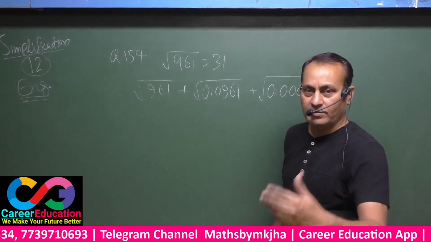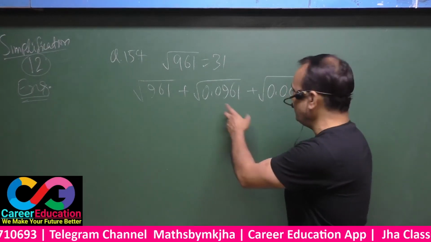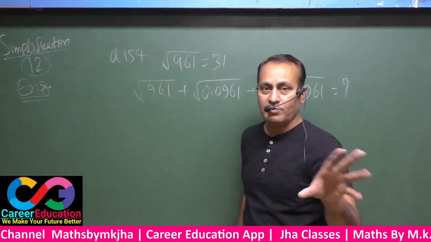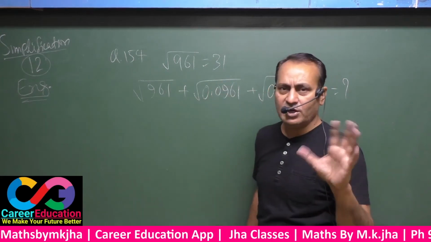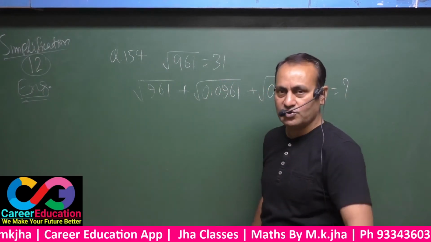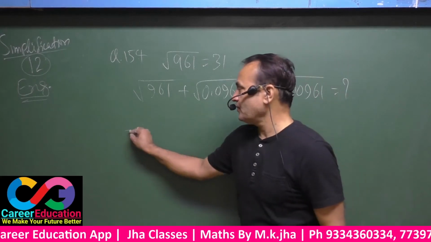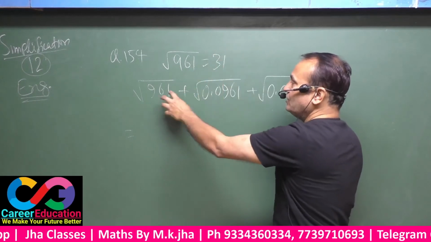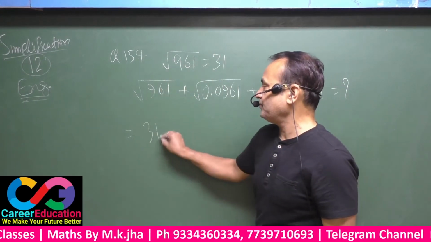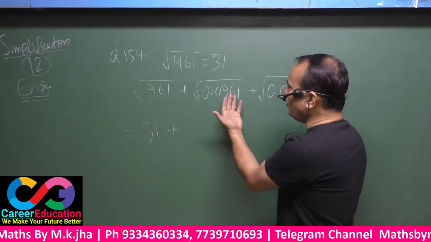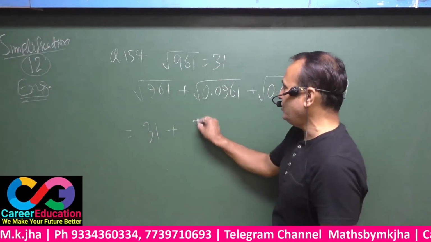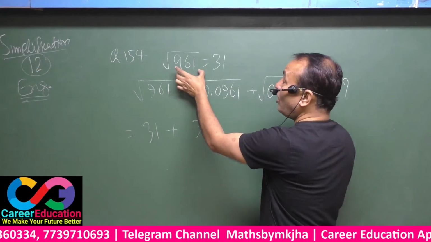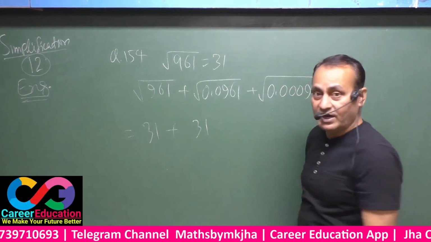Decimals will be on even positions. See here, 4 digits of decimal there, 6 digits of decimal there. If this is not so, the answer will differ from this. That means 31 will be of no use there. If you have to solve this, the square root of 961 is just equal to 31. That means this is just equal to 31, plus this is also the square root of 961. That means the answer is 31. But see here, this was without decimal. That's why the answer was 31.